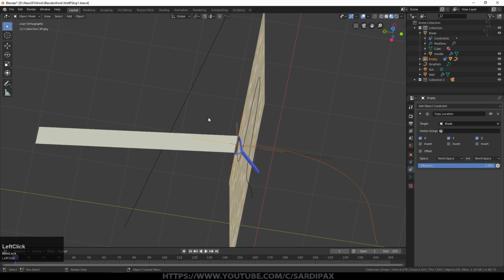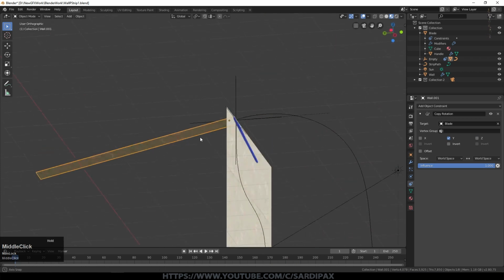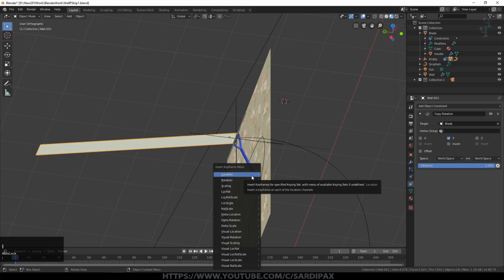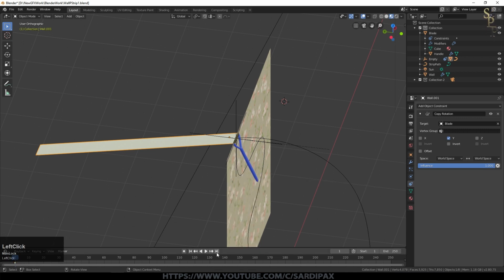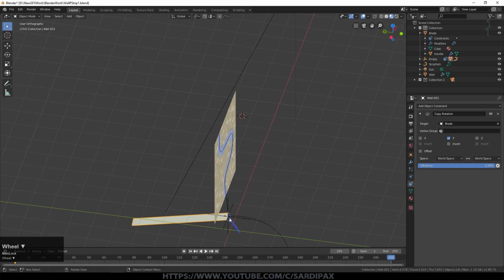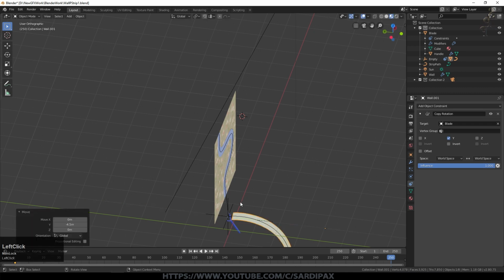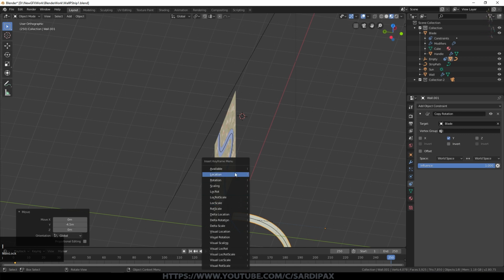So there's one last thing we need to do. We select our wallpaper strip, we make sure we're at the beginning of the animation, we press I and record the location. We go to the end of the animation, we press G, Y, and we push our wallpaper strip, in this case just past the end because we've dropped off the bottom of the wall. And you may need to play with this just to get the right amount of wallpaper strip. With the severity of curve that I've done, I probably need a much longer strip than this, but it gives you the general idea. I'm going to press I and say location again.